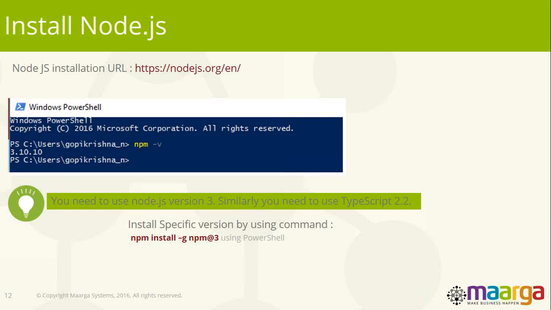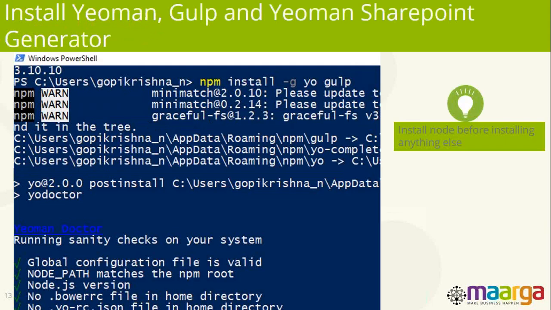It would be something like npm install -g, where g stands for globally, and then you specify npm@ the version with which you want to install. This would install Node.js, and the same way we can install the Yeoman templates, the Gulp engine, and also the Yeoman SharePoint generator. Yeoman is basically a template, and the Yeoman SharePoint generator creates web parts which are specific to the SharePoint